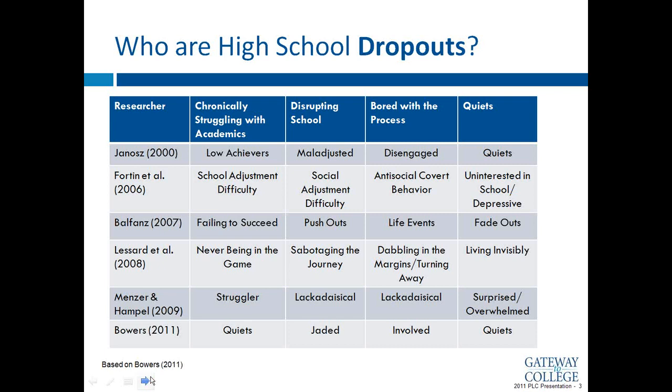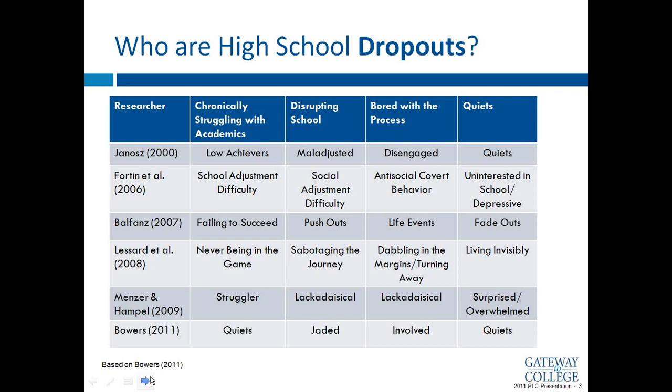Lessard, who is actually a student of Fortin, I included here just because his titles of the groups are really interesting. He actually did a purely qualitative study, so those names for the 4 groups that he found are based on interviews. So talking about students who really were never even in the game of school, students who really just don't get how school works, again your students who have behavioral issues, your disengaged students, and then those quiet on the other end.